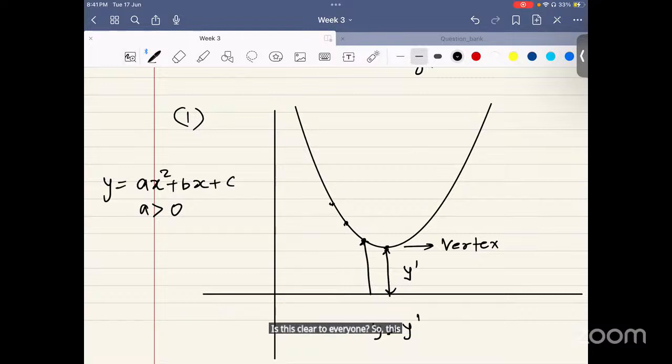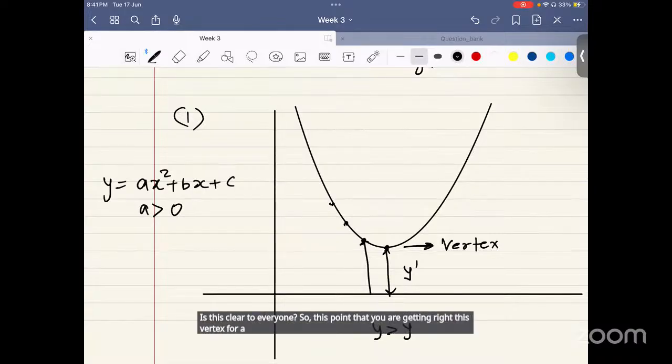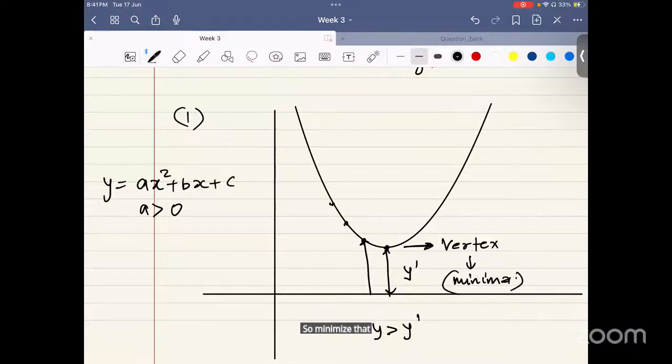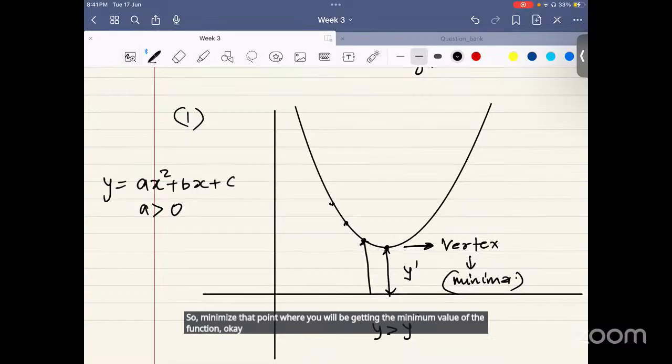So this point that you are getting, this vertex for any parabola that is going upward, will always be the minima. Minima is that point where you'll be getting the minimum value of the function. Every function value at any particular x will always be greater than your minima, for any parabola that is going upward. Is it clear to everybody? And the reverse